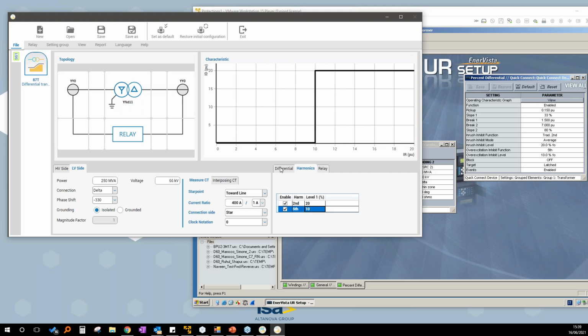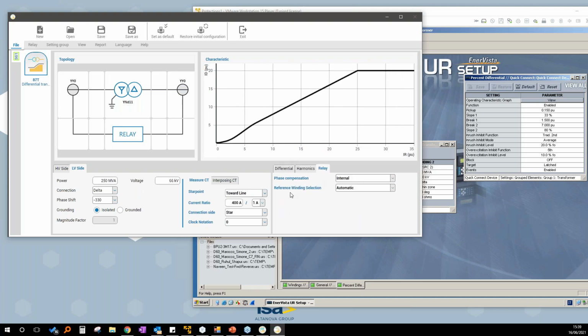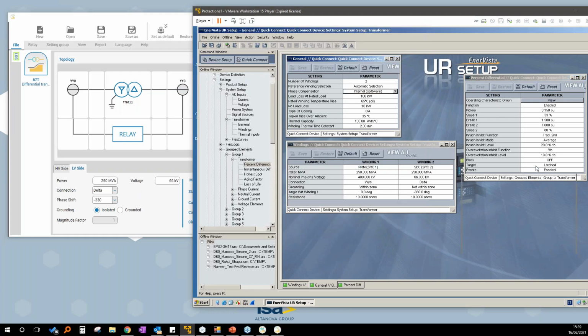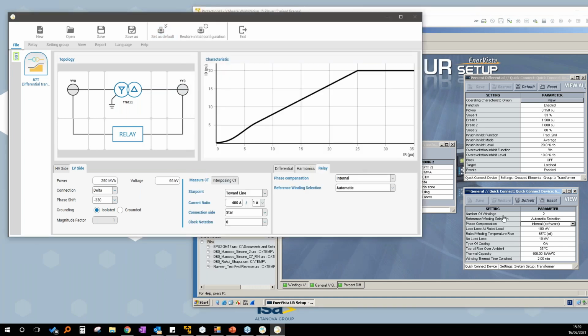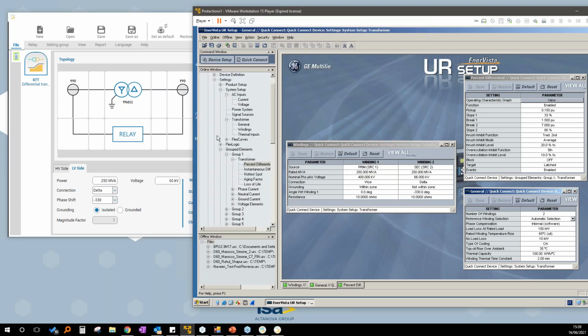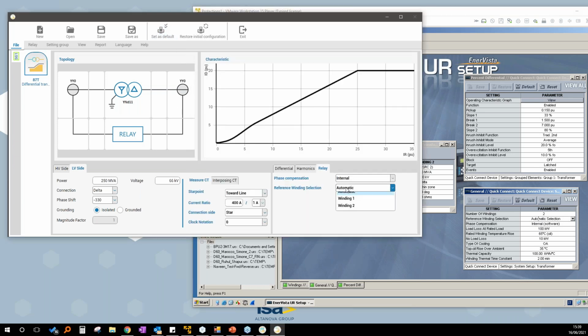Okay. Last but not least, we have to be sure that the phase compensation is set to internal. So I'm saying that this is internal, so same like this, and this is automatic selection like this.